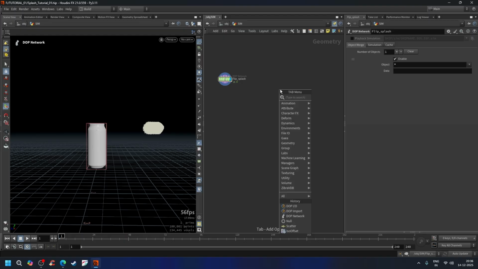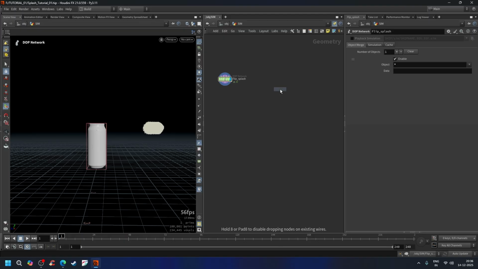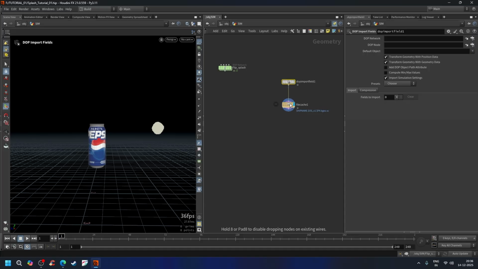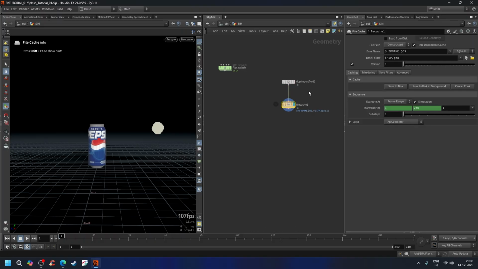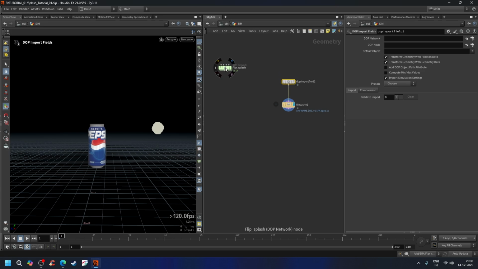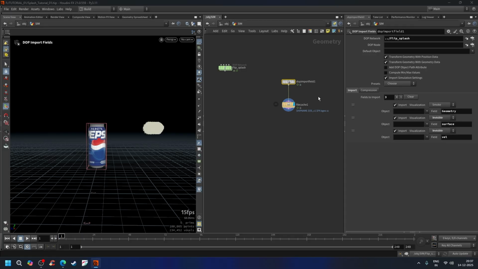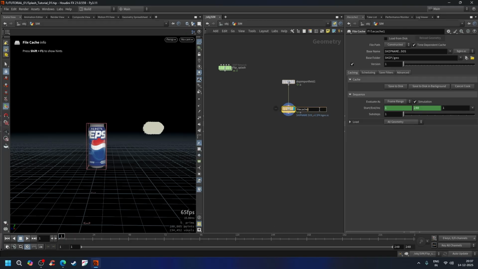Now I will add dop io. Here two nodes are given, dop import field and file cache. File cache is for caching the particles to our disk. First of all, in the dop import field, I will select the flip splash dop network and add it to dop import fields dop network. Then in the dop import field, choose flip fluid, and then for the file cache, rename it